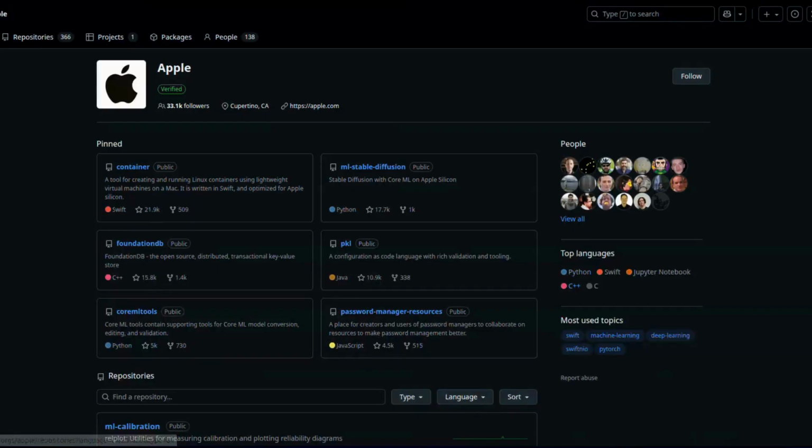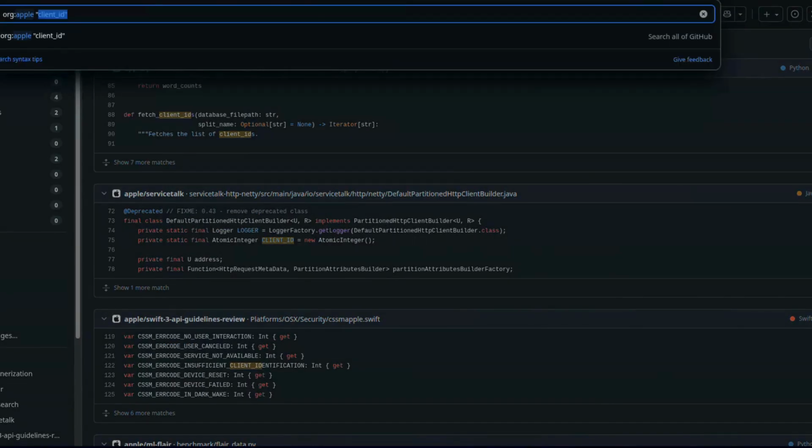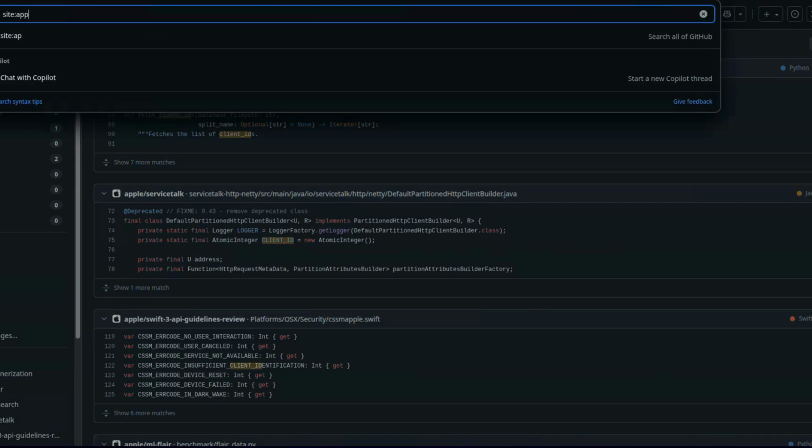Which programming language are they working on? So it is Python. We can just do search for site apple.com.